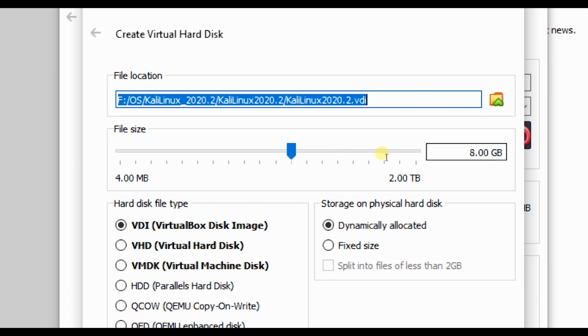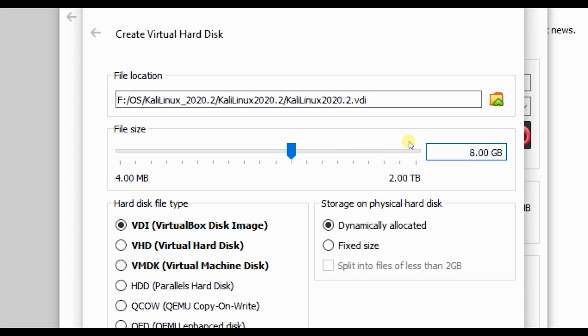By default it will be 8 GB. Again, it depends on your choice how much you want to allocate. 20 GB is good enough space for you. If you want to start with a basic installation, you can upgrade the space later on if you are using more software and need more space, but initially 20 GB will be good to go.